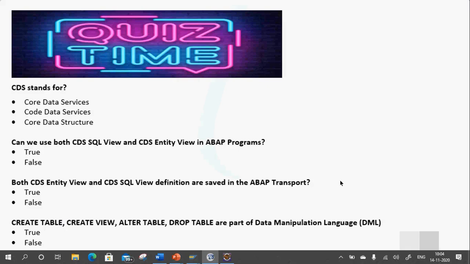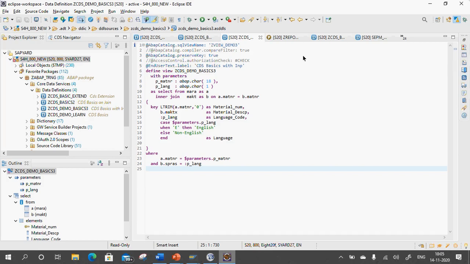Naresh says yes. What about the others? Entity views. That's the one that we created. Entity view in the sense, even for extend also we have something like extend with the entity. When I am talking about the CDS entity view name, this is your complete CDS entity view name.